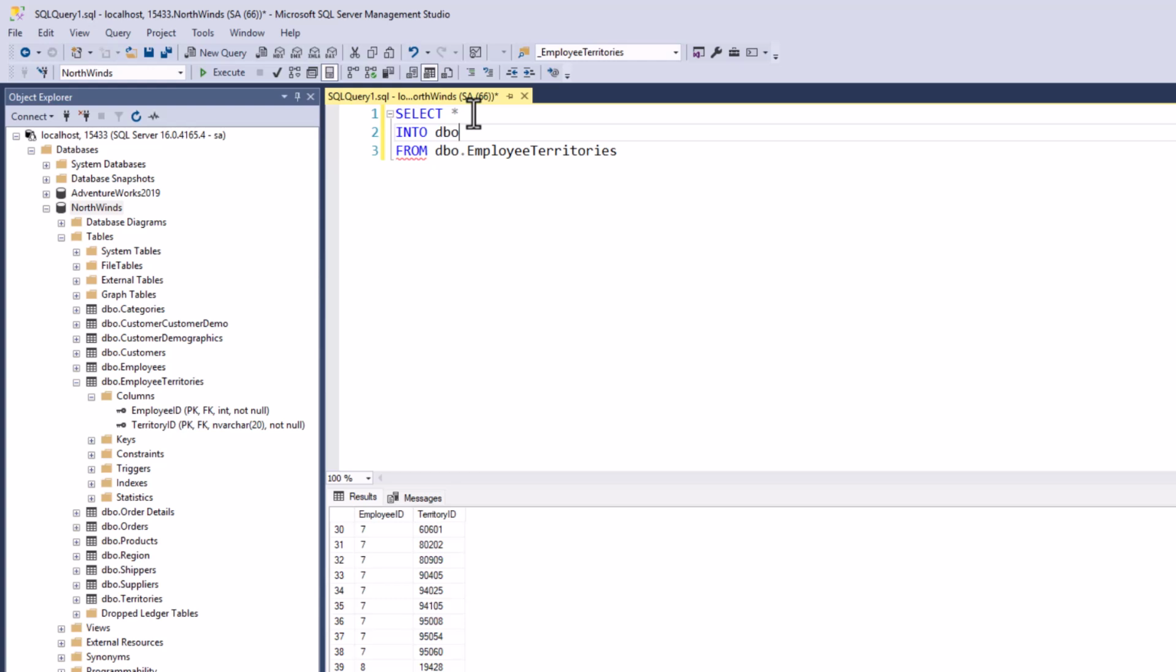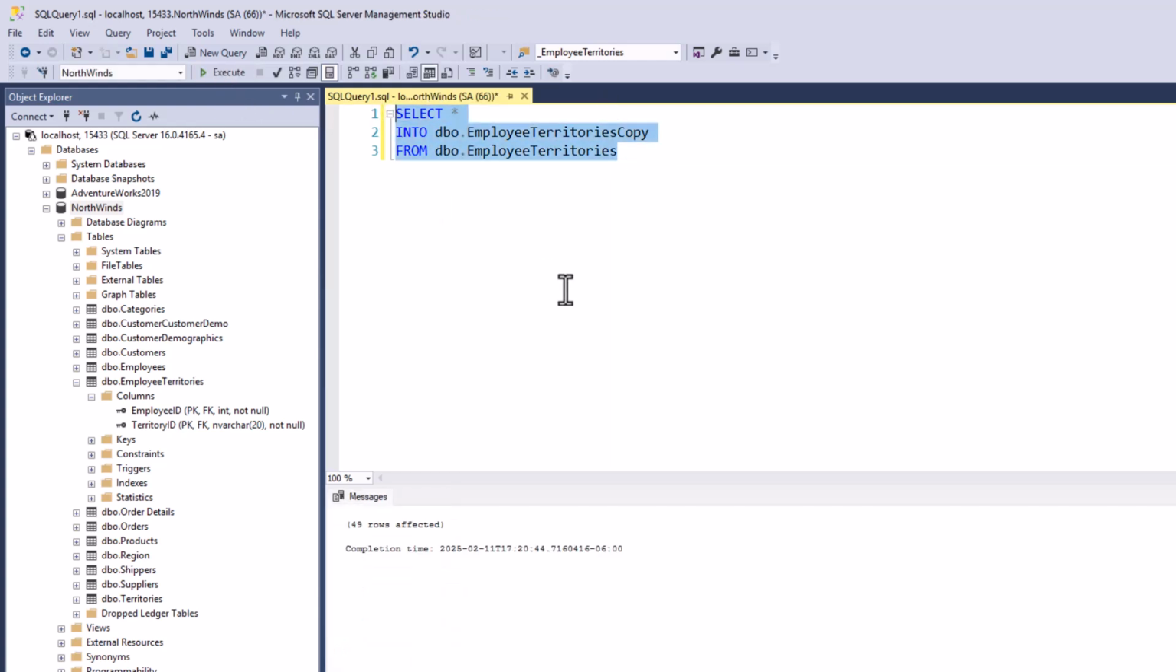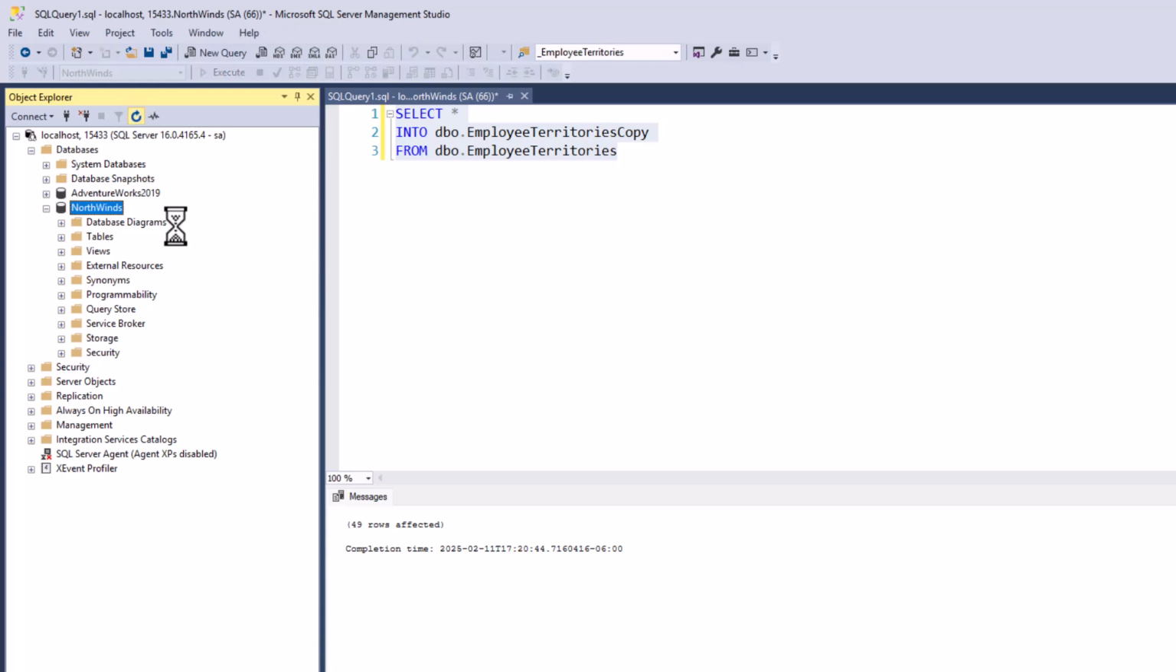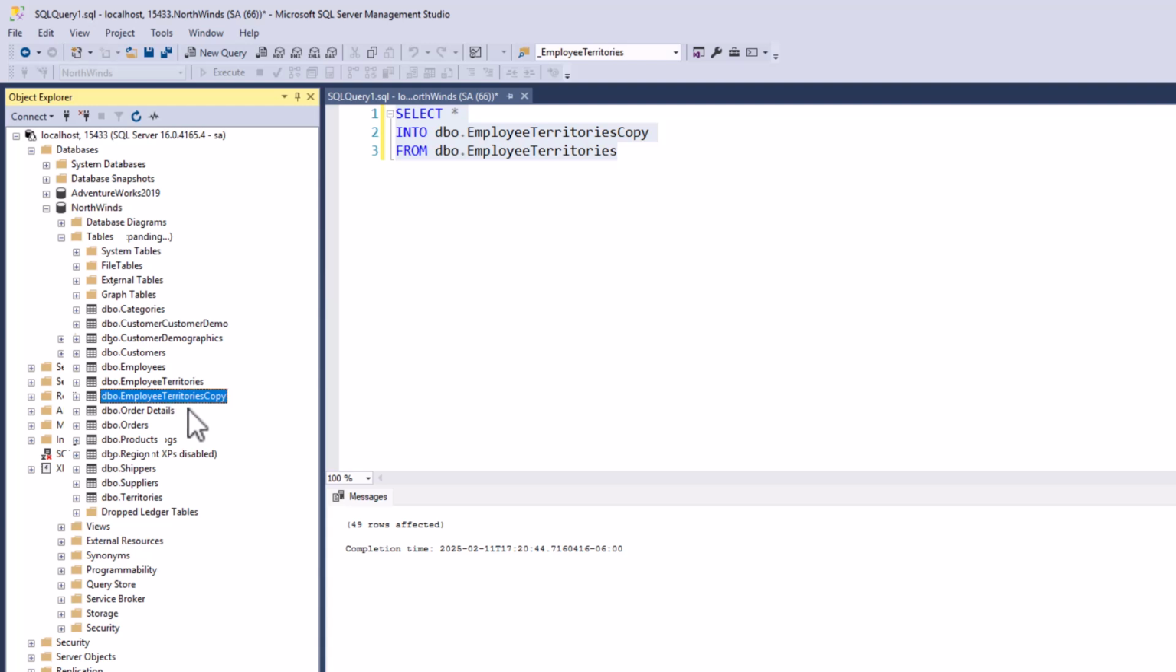And in this case, we're going to do dbo.employee territories copy. I can then execute the statement. Once I have that, we can see that we have 49 rows affected. If I collapse my tables and refresh and then expand my tables, I should see that I have the territories